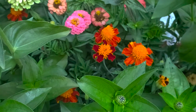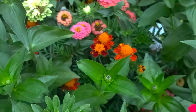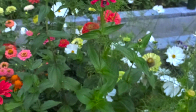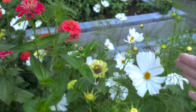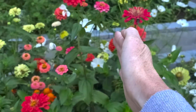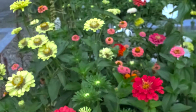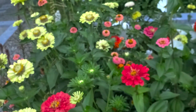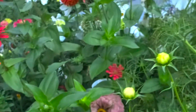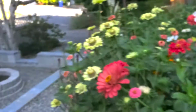Yeah, last year we put them in the same bed, but we used them to protect the tomato plants from other pests. So this year our idea was to kind of arrange this bed by color, and that sort of happened because we started with white and then we rolled out this way through the pinks and the oranges and then ending with this greenish yellow color. So they're all intermixed, so it doesn't really look like rows of colors like I had hoped for, but...